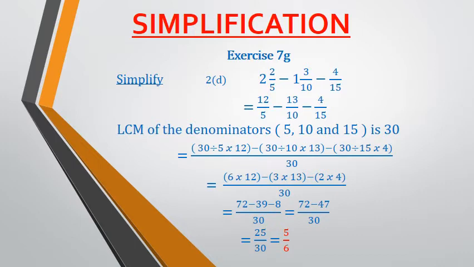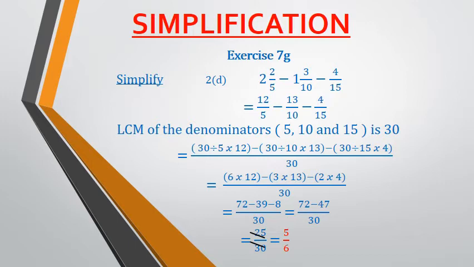Now children, let's come to the next question, which is question number 2D. Here again we have to do the simplification. And here again we have three fractions: 2 2/5 minus 1 3/10 minus 4/15. Now children, all these three fractions are unlike fractions, and two of the fractions are mixed